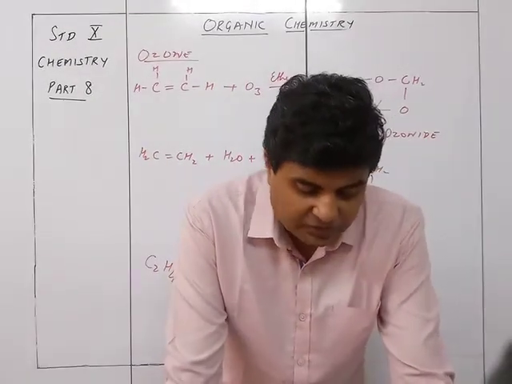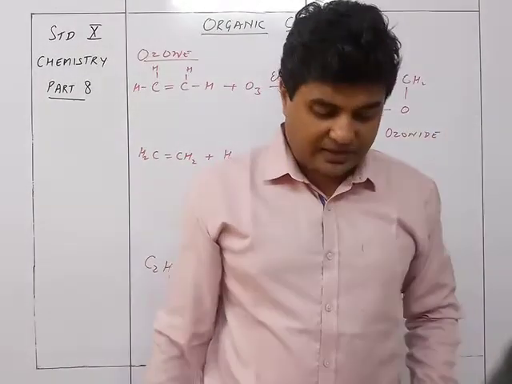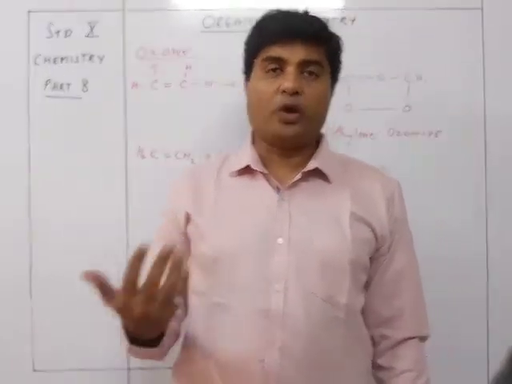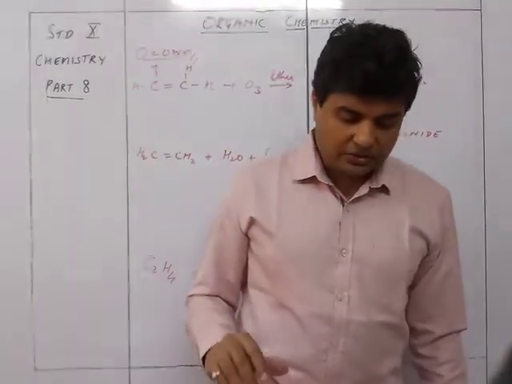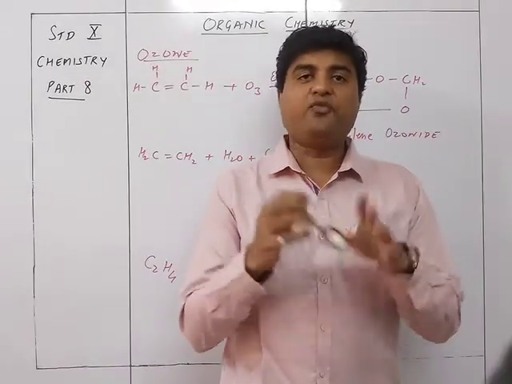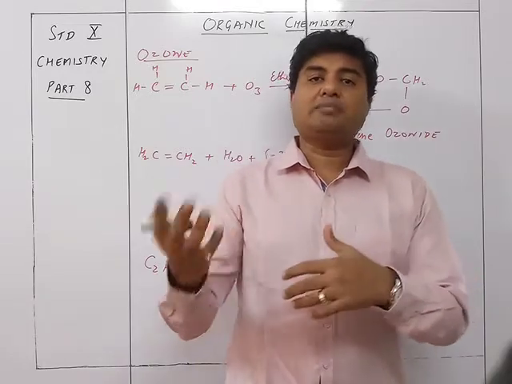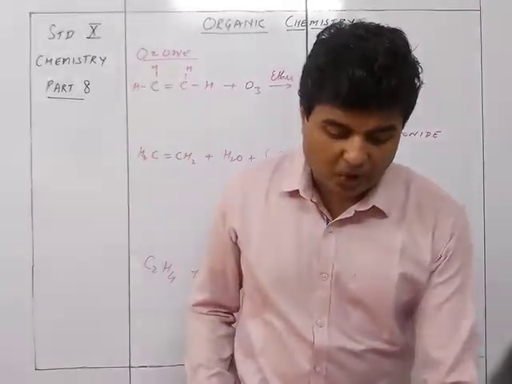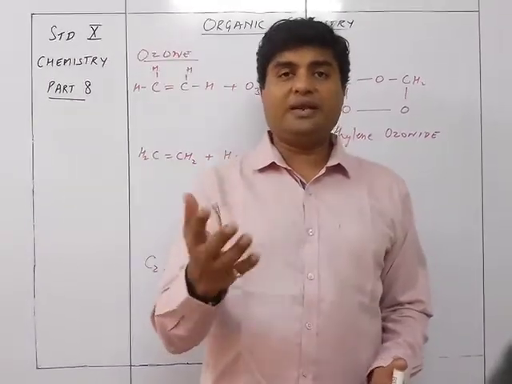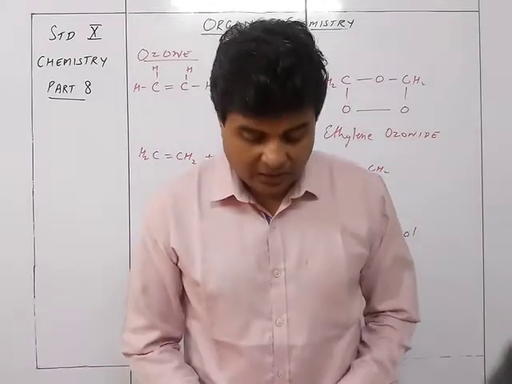And finally is polymerization: n times CH2 double bond CH2 is going to give you the polymer. If one particular molecule is multiplied many times, it becomes a polymer. So that is called polyethylene. Ethylene becoming polyethylene. The polyethylene is nothing but the polyethylene bag that you are using. That's the same thing.